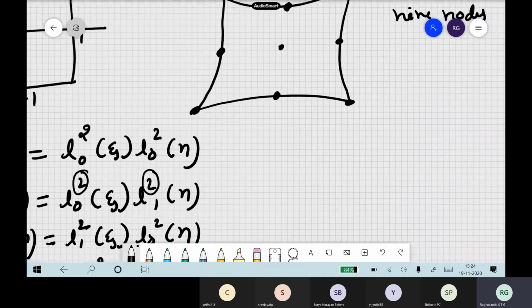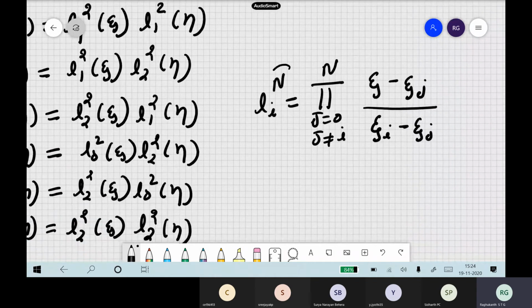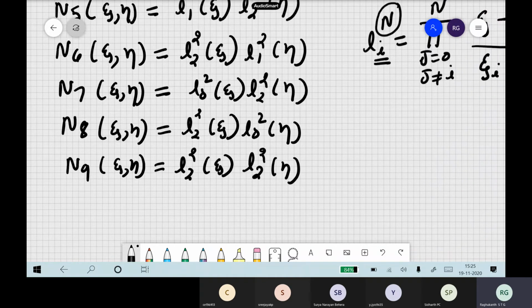Okay, so L cubed, third order means the top one indicates the order of our Lagrangian, like how many terms you are multiplying. So 3 means cubic kind of a thing, and of course this indicates the points itself, where the node is located. Okay, so these are the shape functions you see for 2 dimensions.